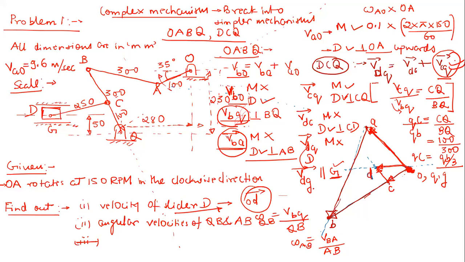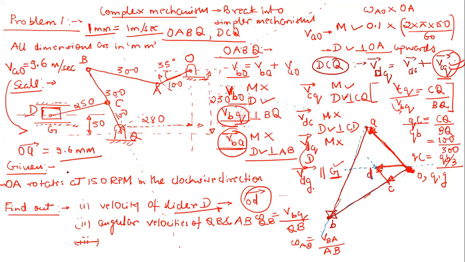So 1 unit equals 2 meter per second. That is one option. Okay, so let's say if I take 1 mm equal to 1 meter per second, will it be fine? No, sir. So see, if I take 1 mm equal to 1 meter per second, then this OA, this is finally OA. So this OA vector is going to be equal to how much?